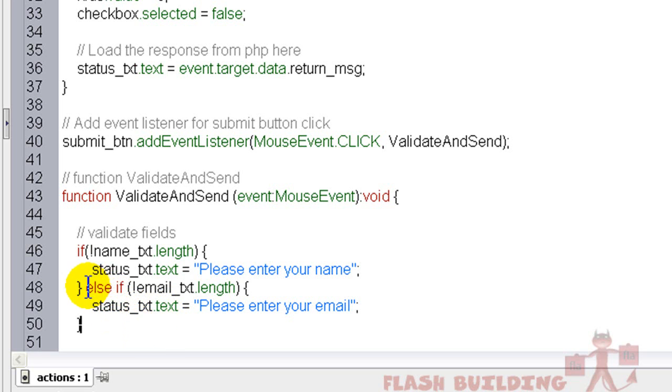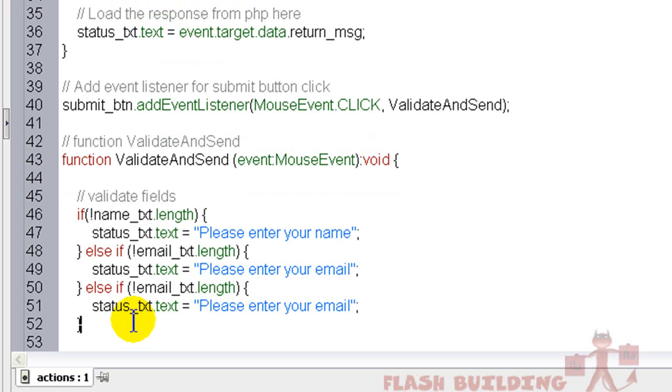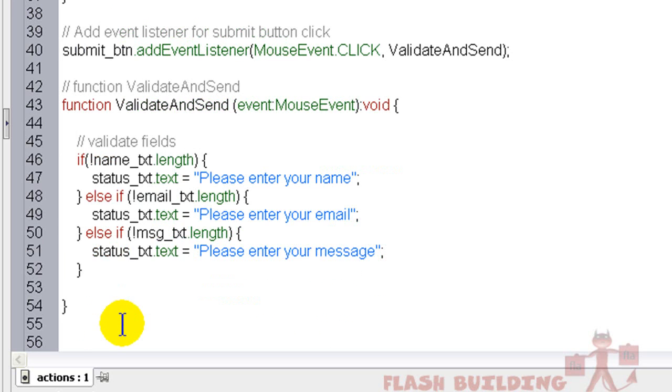Now we're going to copy this condition, paste it in here, and we're going to say MSG text, MSG for the message text, please enter your message. That's if you want to require a message. If you don't want to require any of these things, don't put any of these conditionals in. It's that simple. But for the things you want to require, you put the conditionals in here to listen for them. And now we'll type in else